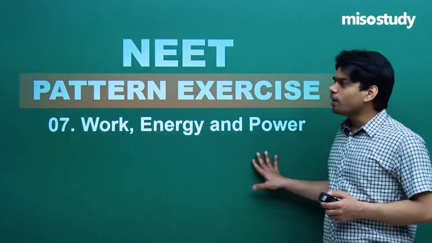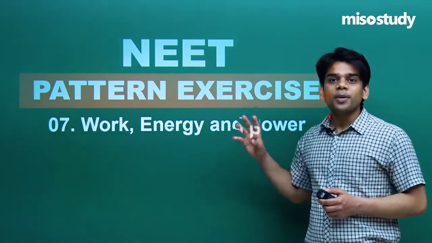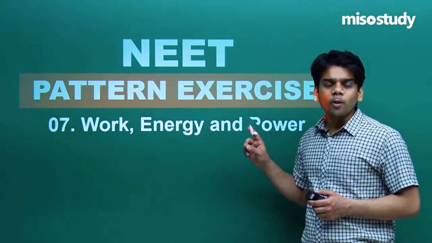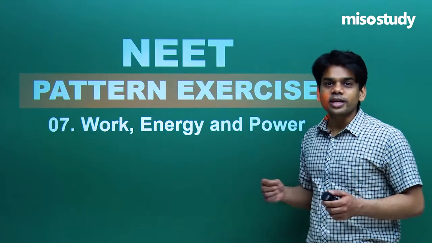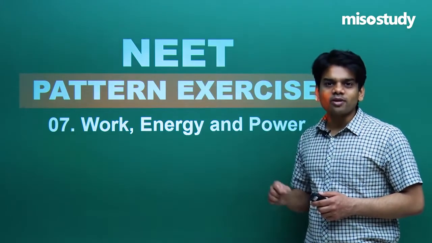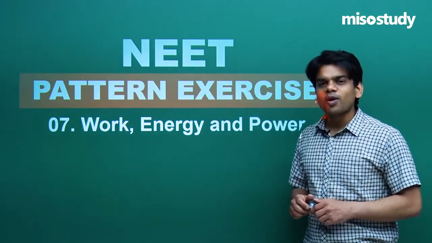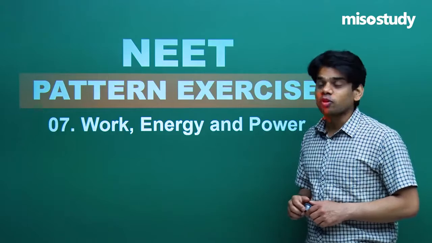Today's class will be talking about questions based upon the NEET pattern. That is, we'll be having multiple choice questions in which one option will be the correct answer. In your NEET examination, you'll be getting 45 questions in physics. In each question, one option is the correct answer. If you mark the correct answer, you'll be getting +4 marks. If you mark incorrect, you'll be suffering -1 marks.